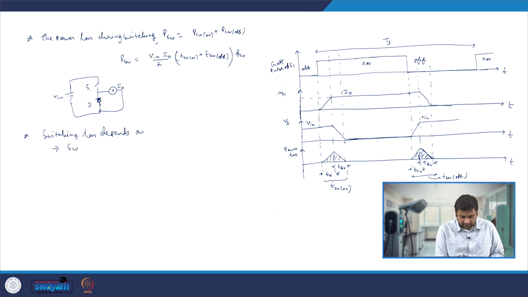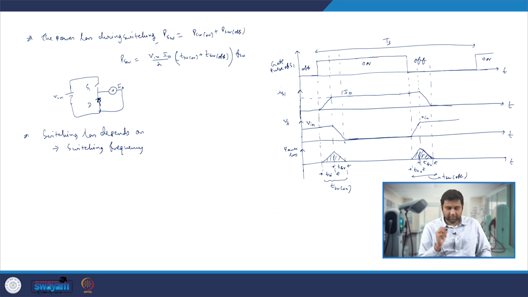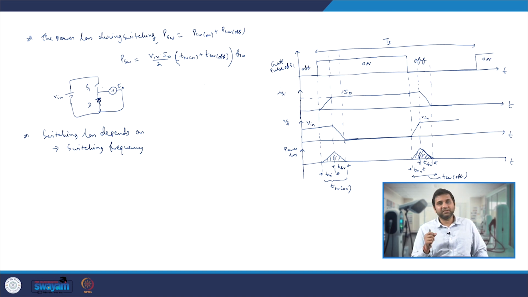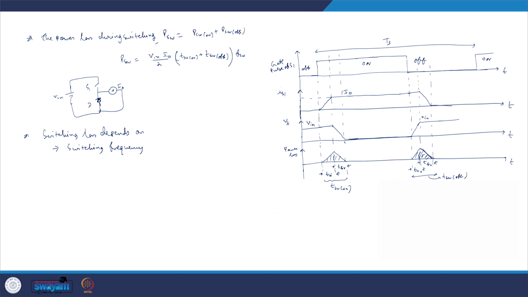First, switching frequency. That means if you keep your switching frequency higher, your switching losses will be higher, because P loss is directly proportional to FSW. And we can see one more thing: since in an isolated DC-DC converter we go for high switching frequency to reduce the size of the passives, that means the transformer, inductor and capacitor, we are actually incurring more and more losses, because the switches get switched on and off so many times, and that is when we have so many occurrences of energy loss, and that is when we have higher switching loss.